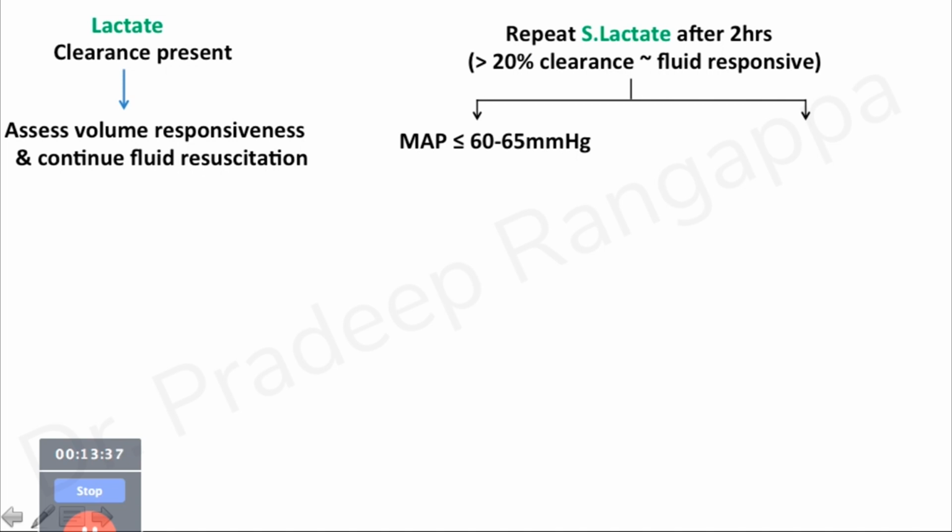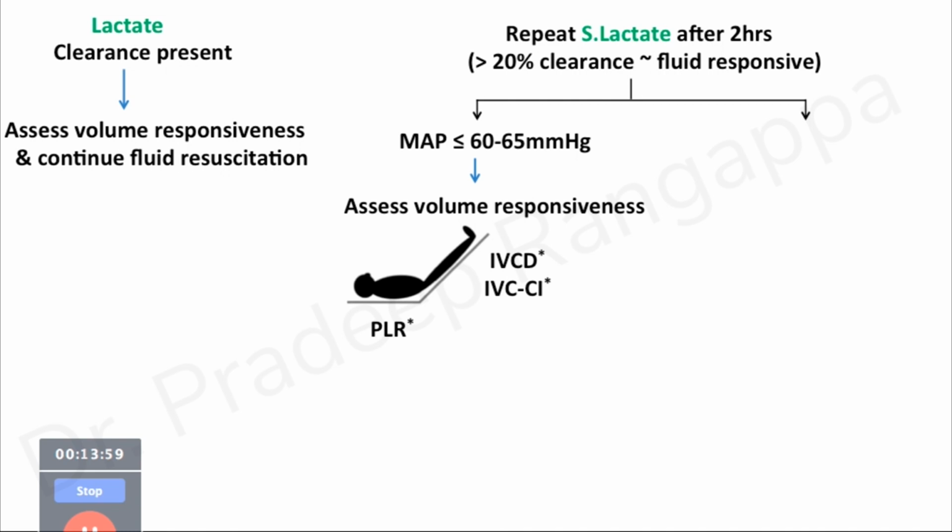So MAP was less than 65, you are given a 30 ml per kg fluid bolus, then you have checked his capillary refill, his capillary refill was more than 4 seconds, so you're given a second run of 30 ml per kg of fluid boluses, started vasopressor, noradrenaline and maybe added vasopressin, you put an art line, and then you see your MAP is still less than 60 to 65, then you have to do advanced fluid responsiveness maneuvers to determine